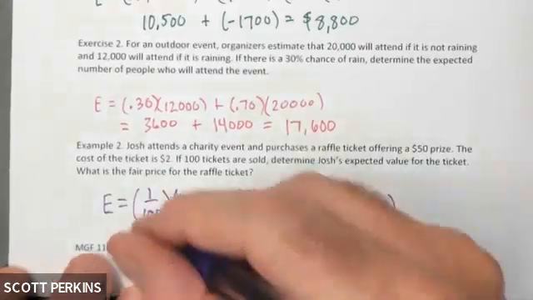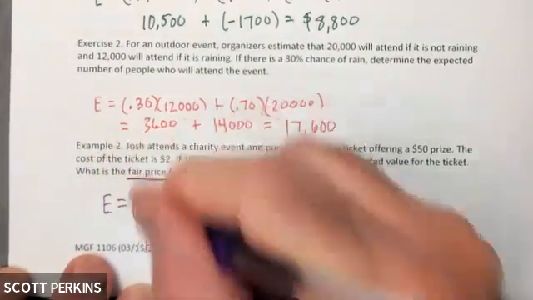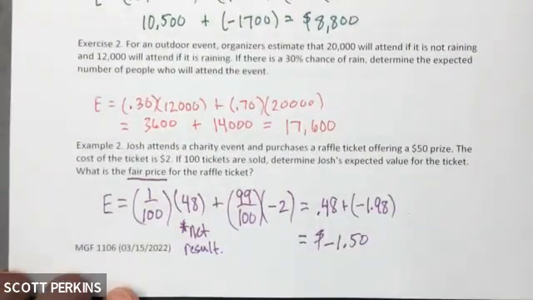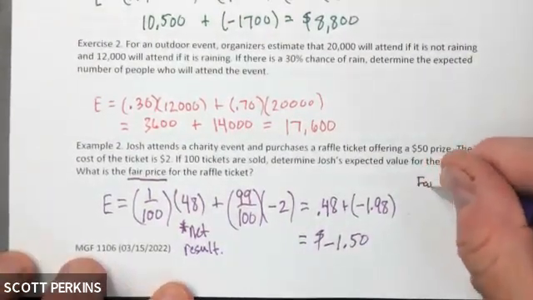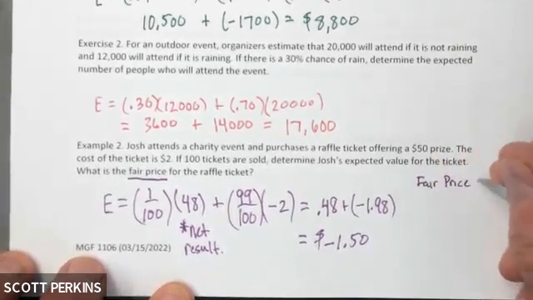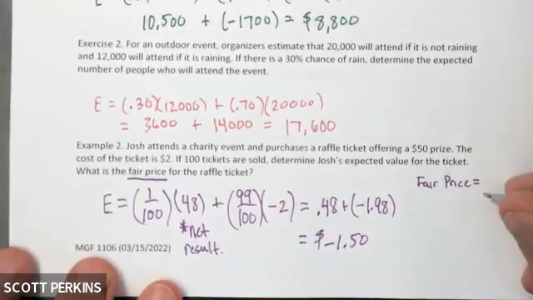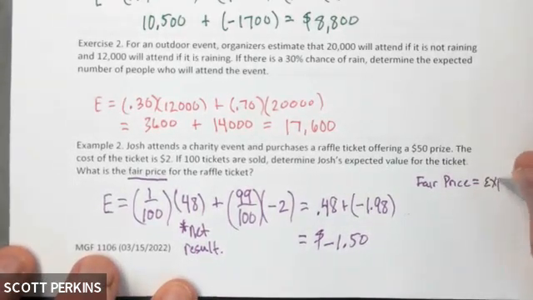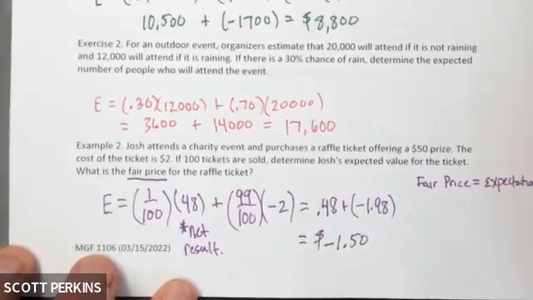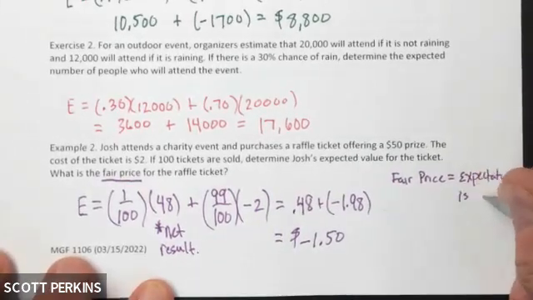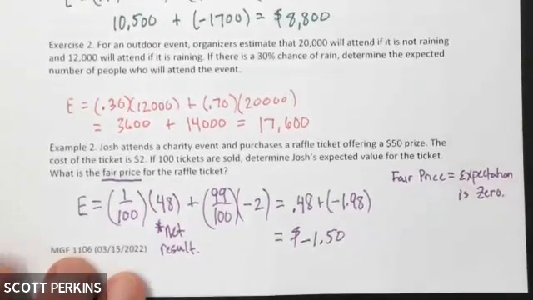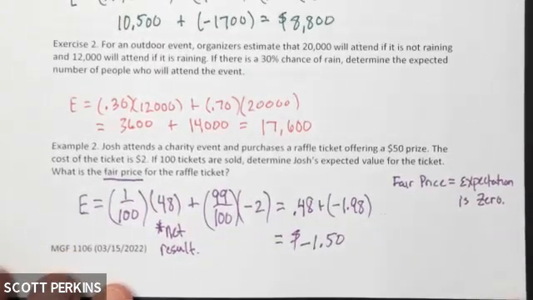So there's another question right here. I asked as a second question, what's the fair price of this game? What that means, again, I mentioned this last time: fair mathematically, we're not talking about the morals of it. What we're talking about with the fair price is that the expectation is 0. What would we charge for a ticket so that the net result in the long term is 0,